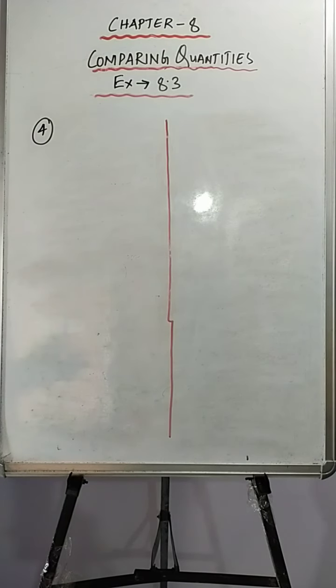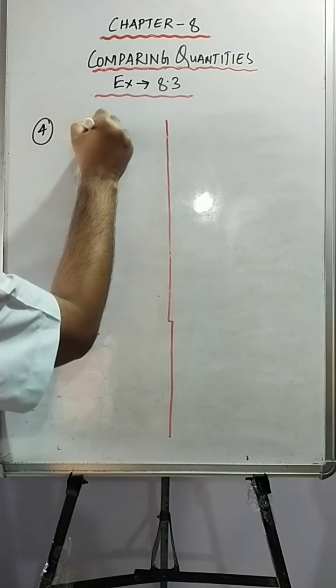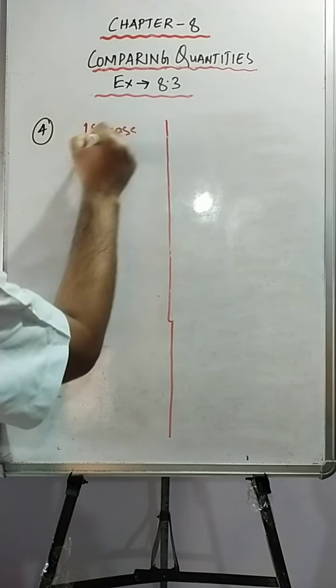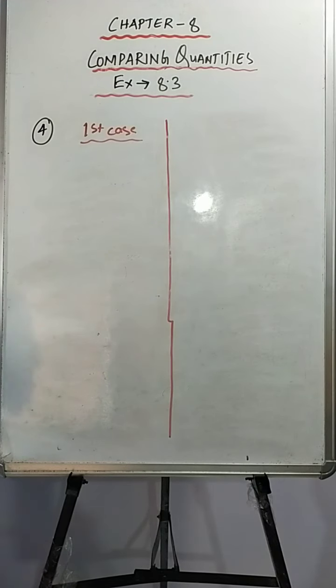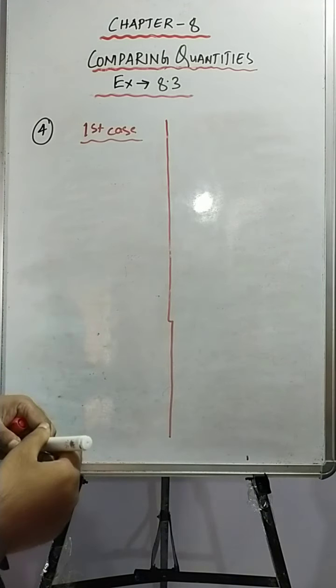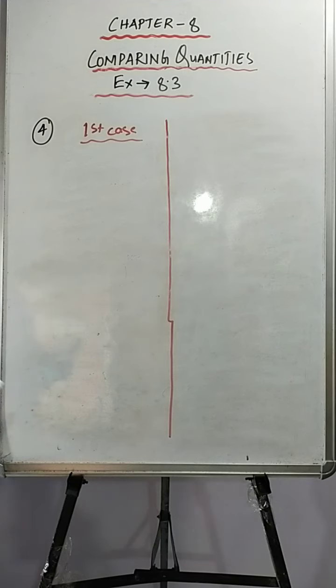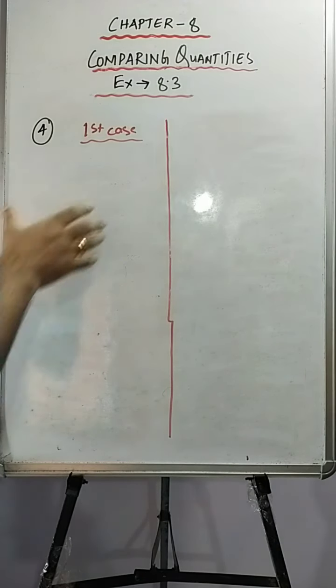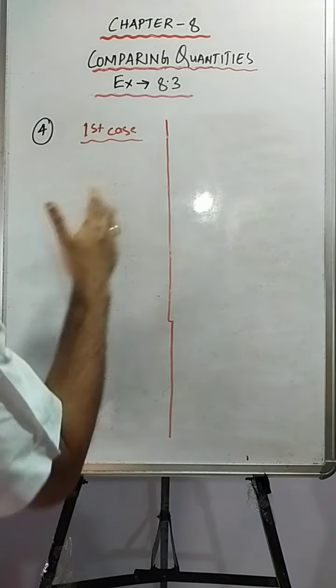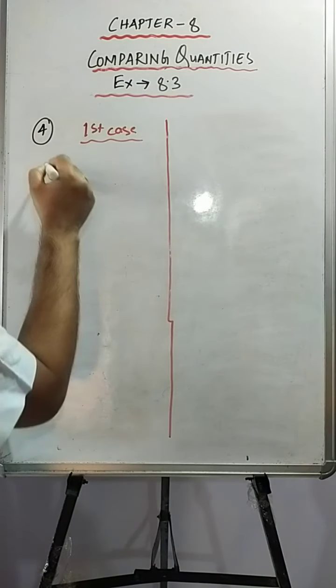Now there are two cases given. According to the first case, I have to pay Jamshed interest at simple interest. So let me see what is the interest that I have to pay if I have to pay it at simple interest. So see,